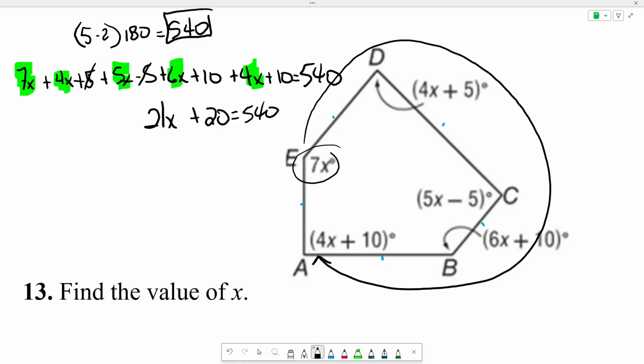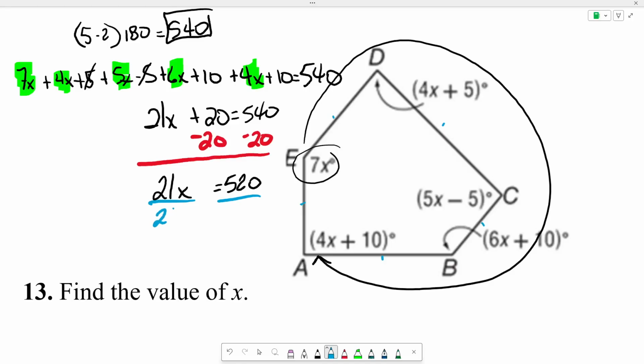I'm going to take and subtract 20 from both sides now. So minus 20 minus 20. I see that 21x is equal to 520. Now I have to divide both sides by 21. And I go through and I divide this out. And I see